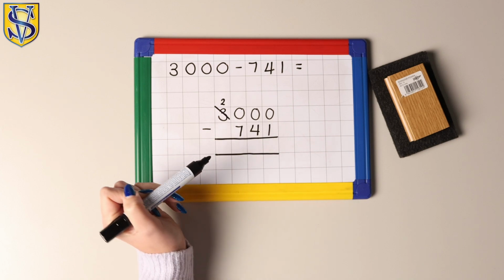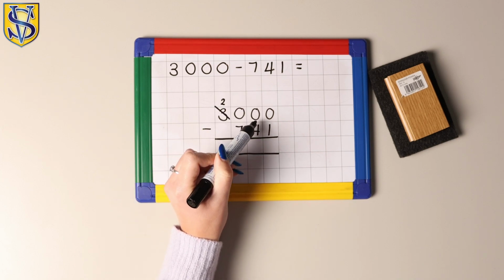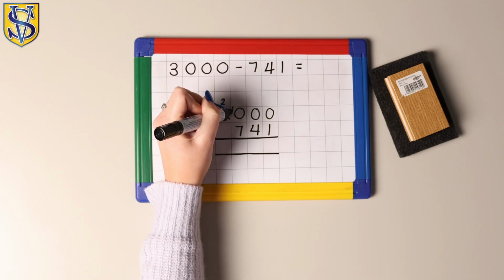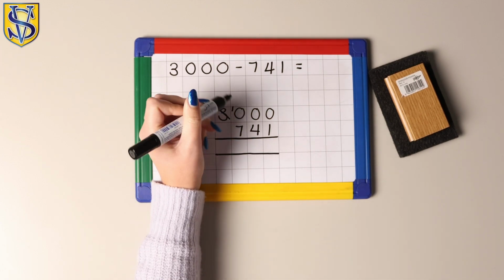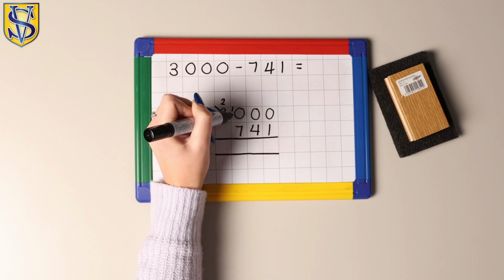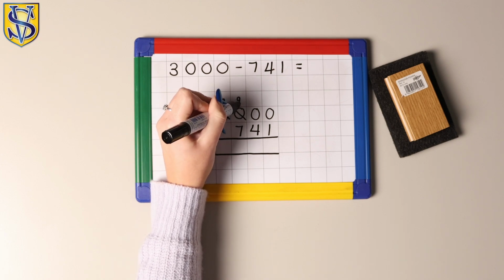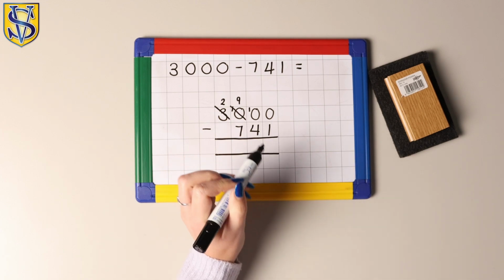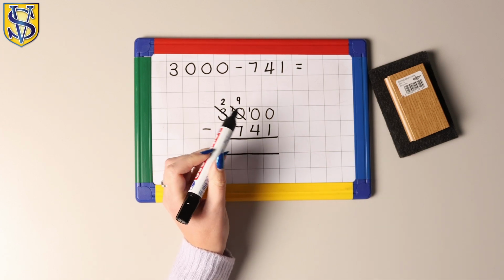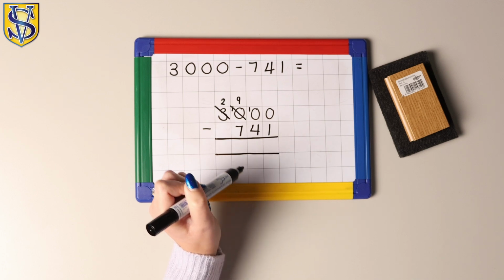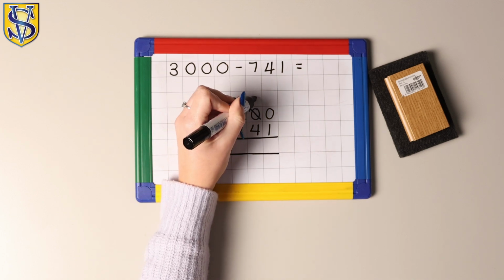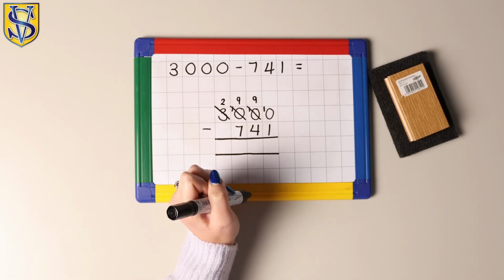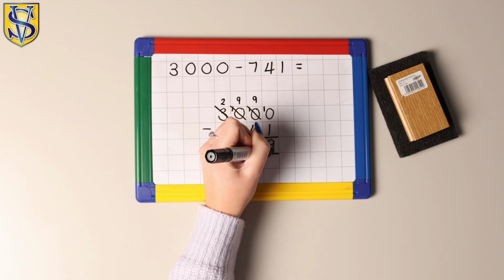Now, to get it back to the ones column, you have to go across every single one. You can't just jump. So you actually have to give it to the hundreds column and then take 1 away. So this is 10, take 1 away to make 9, and then give it to the tens column. And we need it in the ones column. So at the moment, this is 10 take away 4, but we still got to make it reach the ones. So we're going to take 1 away to make 9 and give it to the ones column. So it's now 10 subtract 1 equals 9.